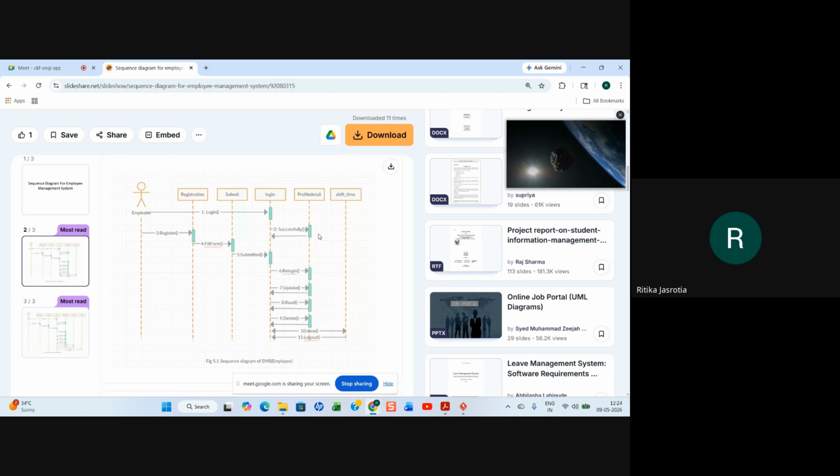They are saying if he's already a registered user, he will log in and then he's checked from the profile credentials or database, then he will successfully log in. One process is this. If he is not registered right now, he will first register as an employee. He is assigned a username and password. Like that, he fills the form and submits.